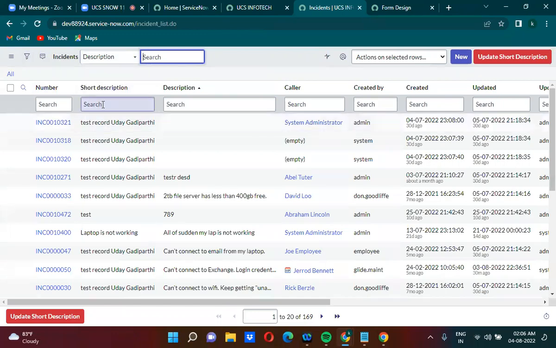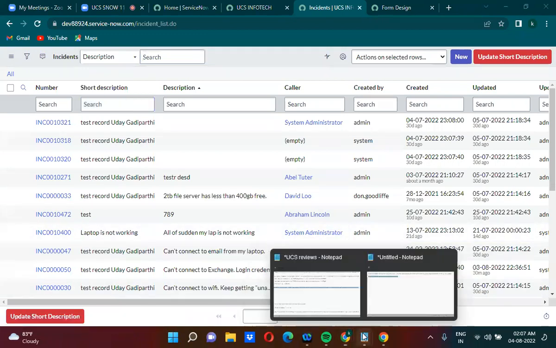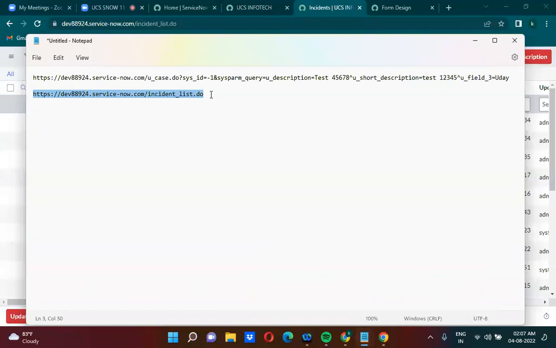If short description contains keyword Uday, only I want to show those records. So what you do is, question mark. You will use the same line, sysparm underscore query is equal to,